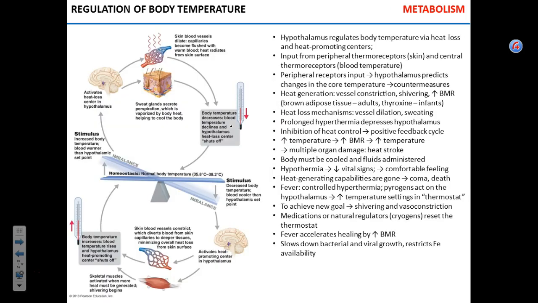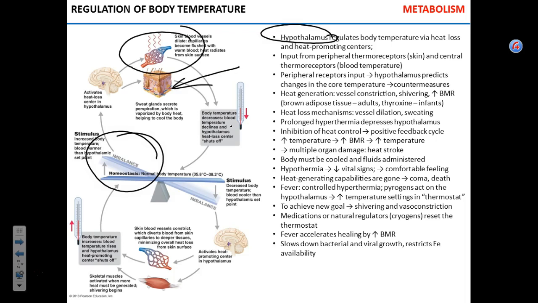Okay. Now, the thermostat, the nest of your body, is the hypothalamus. Normally it is set on 37, okay? When you are exposed to the heat, the core temperature increases, the blood vessels in the skin dilate, and you start to sweat. So your core temperature decreases. Makes perfect sense. Okay? And when it's freezing,